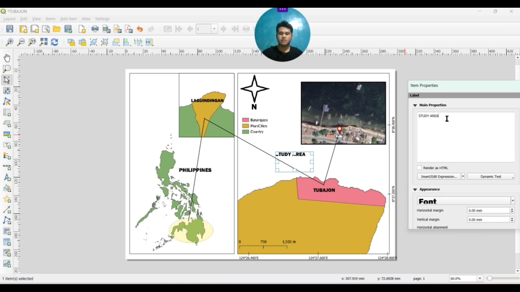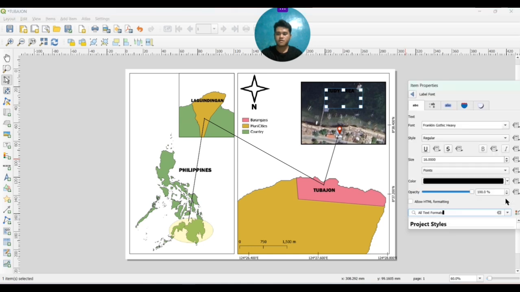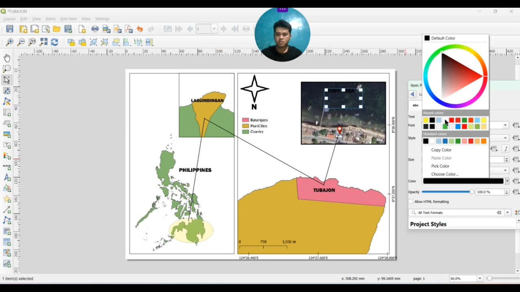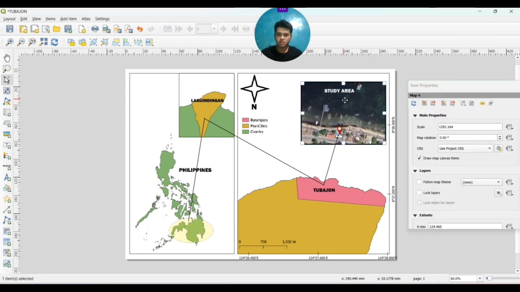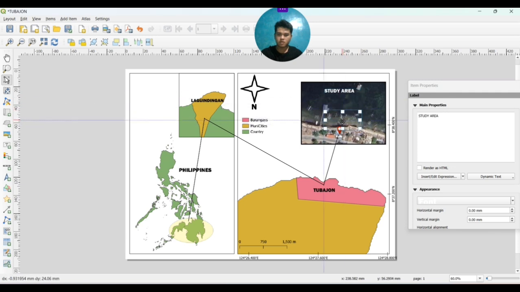And then I just move it here. That one. I just want to make some changes in the color. That one. That's what our study area is, here, the red dot.